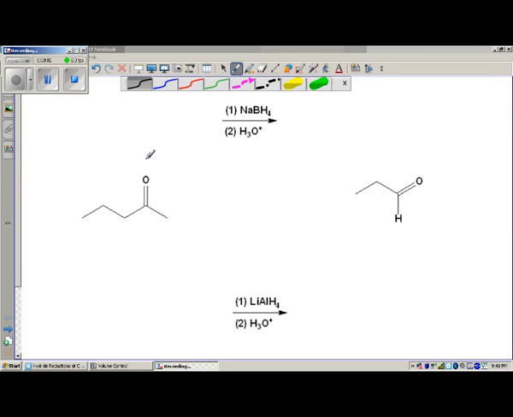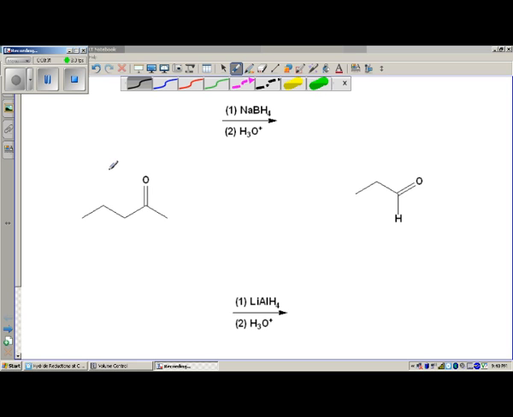Okay, hello again everybody. In this presentation we're going to talk about a type of reaction known as a reduction. As you've noticed from the chapter that we're looking at so far, chapter 13, this is all about alcohols. And so this talk is about one main way to make alcohols, and that's actually from carbonyl groups. Carbonyl groups like this C-double bond O here are present in several functional groups, some of which you'll have